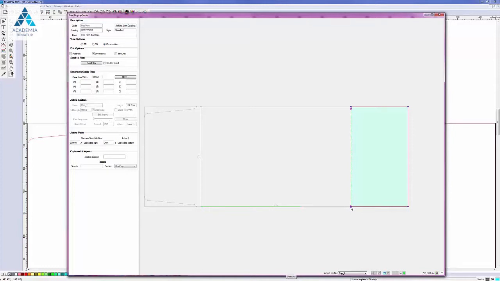If I want point 4 of the border, because those points are sitting on top of each other, I'll have to click until I get the correct point as shown at the bottom right of the screen. So point 4 of the border, and the arrow is pointing to point 1 of the border. Now, this is an open machine step. If I close the machine step,